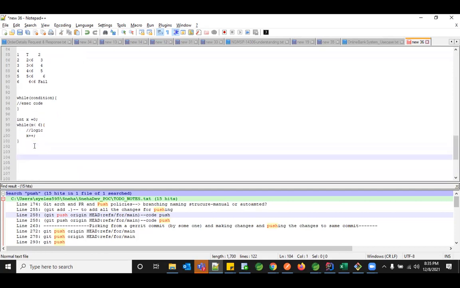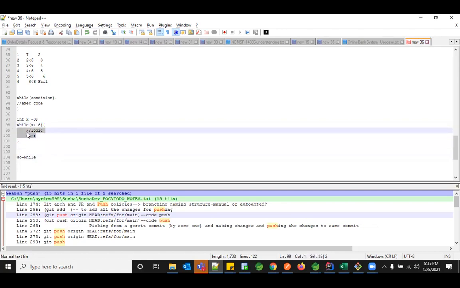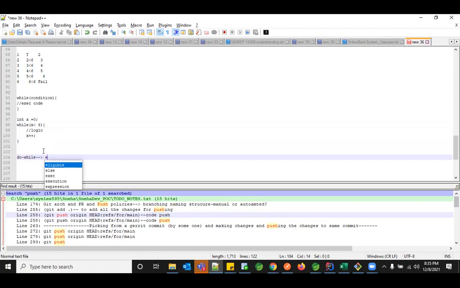The third one is your do while. What happens here is, in a while loop, if your condition is not satisfied, it will not go into your logic and it will not work. Whereas the do while will help you execute your code at least once without validating your condition.